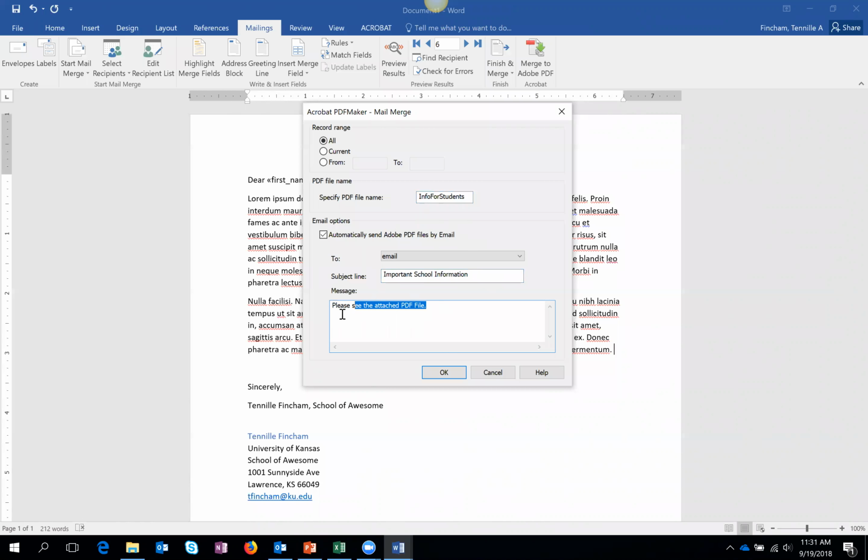And I also get the opportunity to add in an actual body of the email message. So I can say, hello, I've attached important information regarding the cruise you won. And then when I click OK, the first thing that it's going to do is it's going to ask me